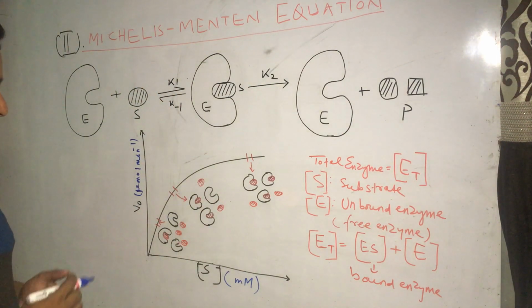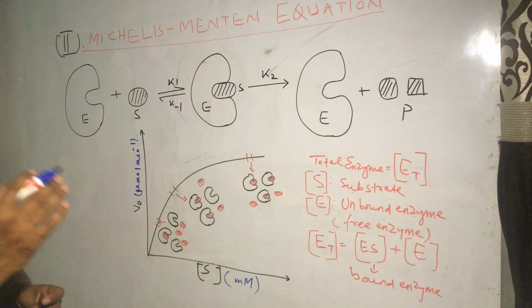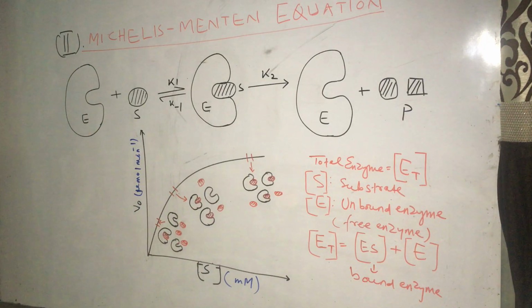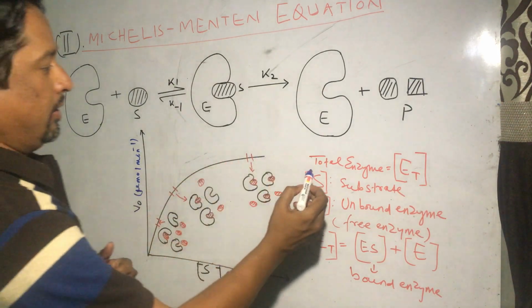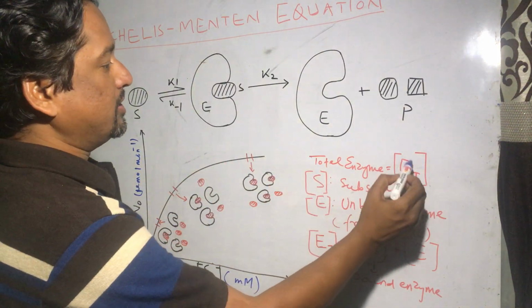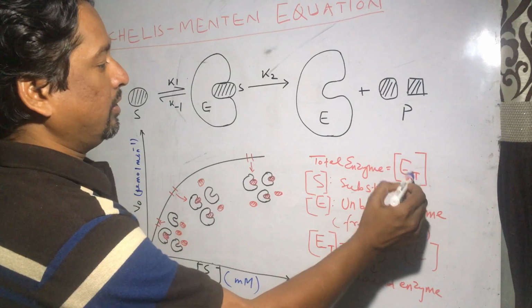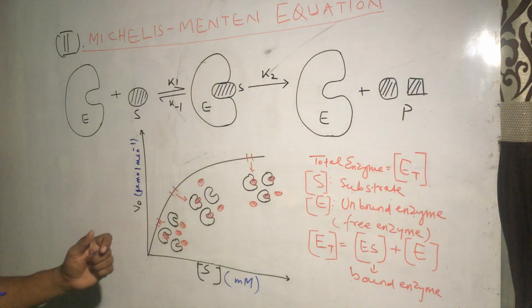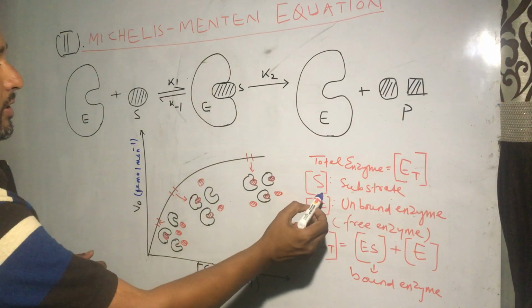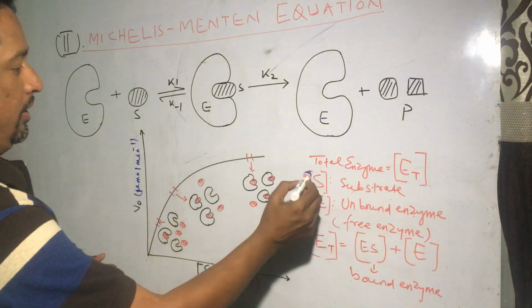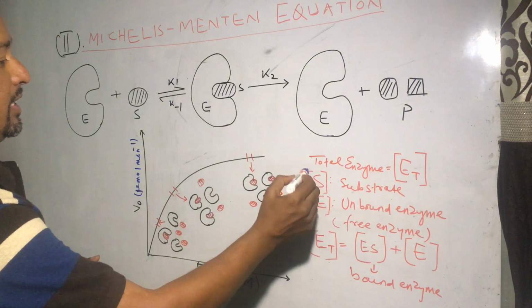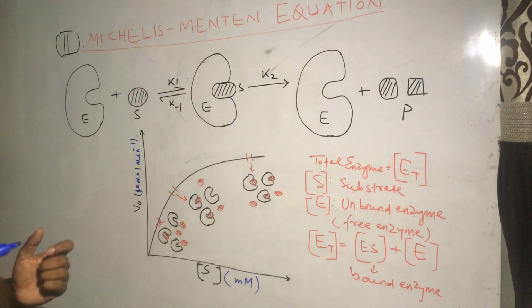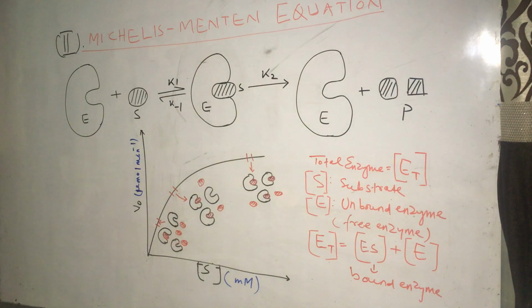Okay, so let's assume that we have an enzymatic reaction going on inside a test tube where the total enzyme concentration is denoted as ET and substrate concentration is denoted inside the square bracket. Here the concentration means the molar concentration,